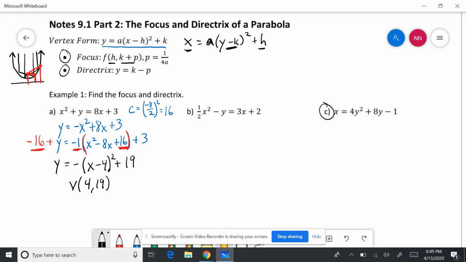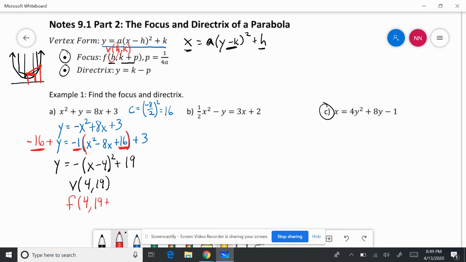Now, once I have my vertex, finding the focus and directrix isn't too bad. If you're looking at the formula, what we notice is that with our vertex, it would be (h, k). With our focus, it's h and then k plus p. So notice that the h values are the same. So when I'm finding my focus, I have my 4. Then if you look right here, I have k plus p. So I have my 19